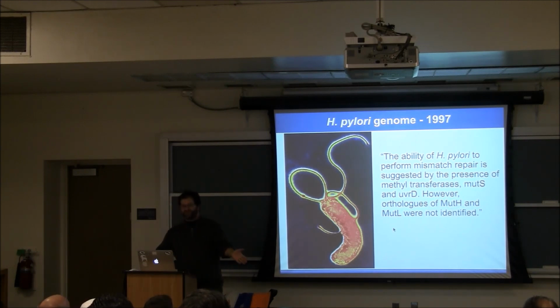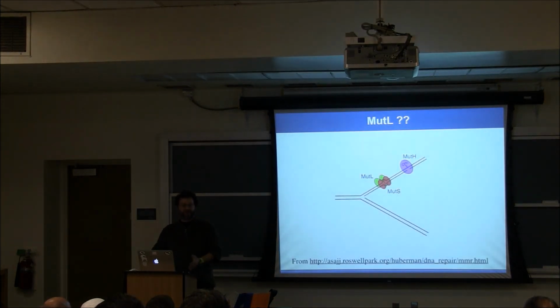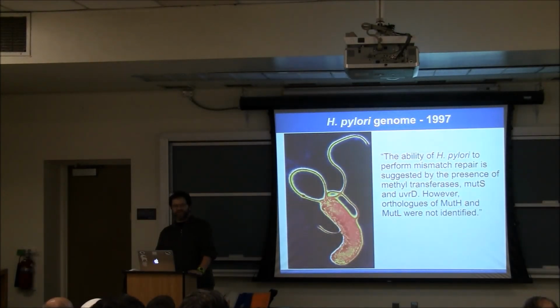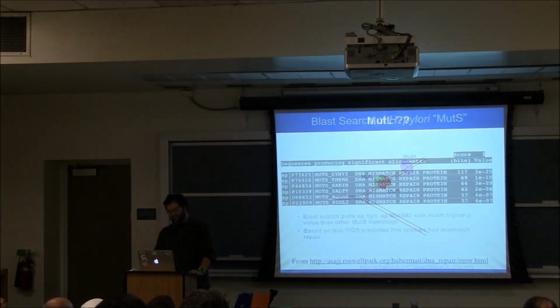Now this immediately struck me as strange because I had spent 3 years trying to clone out MutS and MutL homologs from across the diversity of life, because experimental studies had shown across every organism that had been found to have mismatch repair, biochemically, genetically, or otherwise, that it always required homologs of MutS, which recognizes the mismatch, and homologs of MutL, which the exact function was unknown, but every organism that had mismatch repair had both of these. No organism previously had had one, but not the other. And so I was a little skeptical of this assignment of mismatch repair to this organism based on the presence of a homolog of just one of the 2 genes known to be essential for mismatch repair.